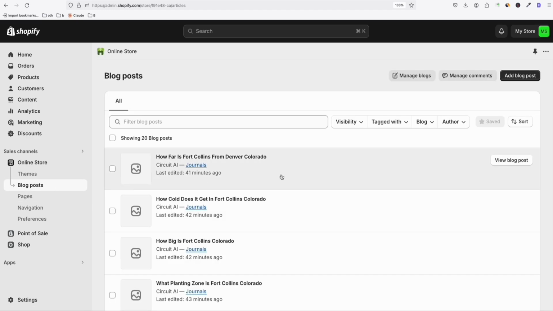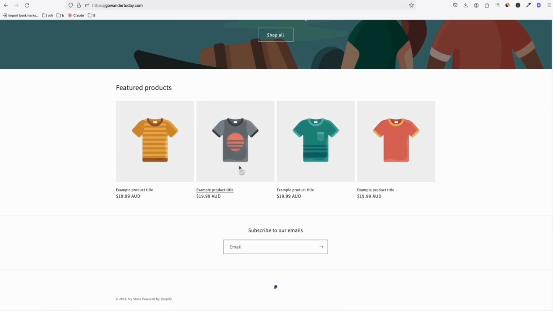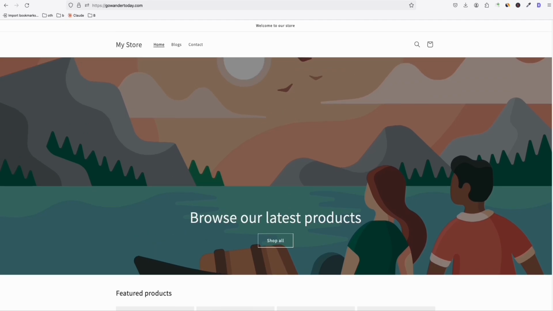So we go to blog post and we click one of our blogs right there. As you can see, we are now able to navigate by using our own domain, gowondertoday.com, and then this is our site, our store. So we just need to make a few configurations in order for us to complete the setup, and just after completing the setup, our job is just to wait for about a week, and we will monitor in our Google Search Console whether we are getting some